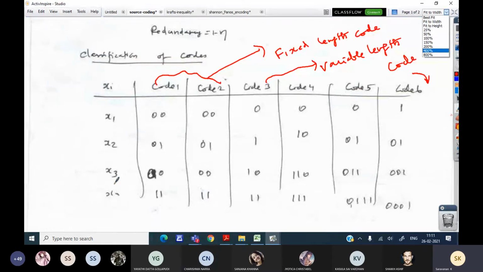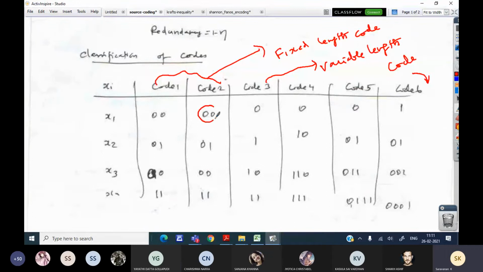So two symbols are using the same code word, so it is not distinct. Whereas code 3 to 6 are said to be distinct codes. Is it clear?